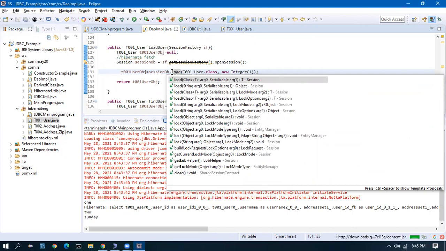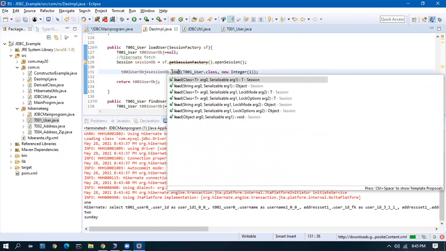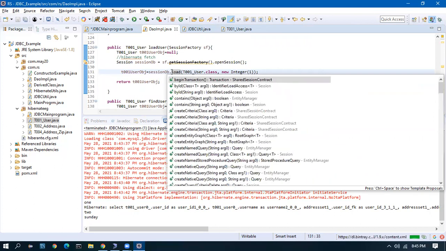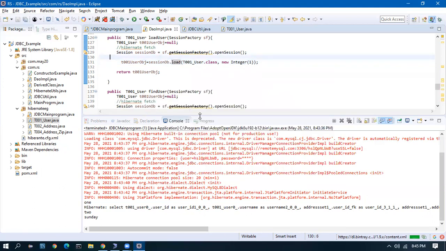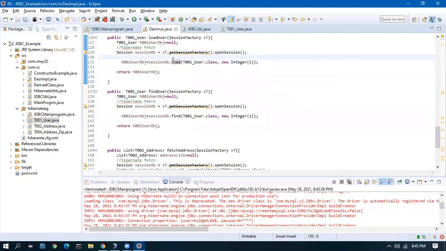See here, the load has these many overloaded methods. 1, 2, 3, 4, 5, 6, and 7. They have 7 methods with load, because they know that people might need 7 different functionalities of the same method, of the same logic. But I've rarely seen people know these differences. Many of them don't know the difference between load and find. Why do we have a load and find? This is for performance. This will give a proxy.